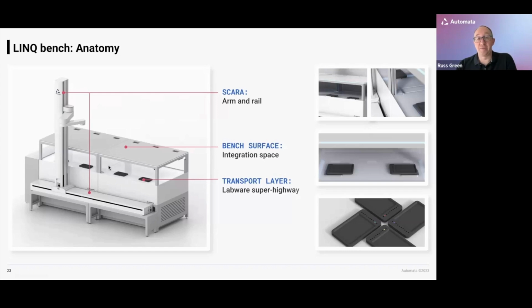And then the third part, which is very unique to the Link system, is the transport layer. So this sits just below the bench height and is our main labware logistics component. And I've got a video I'll share with you in a second just to talk that through. But in essence, this transport layer is there to move labware around the system and have it just in time in front of the robot, ready for the robot to deliver that to a device. And with that parallel transport, we can start achieving throughputs that you otherwise wouldn't think were achievable.